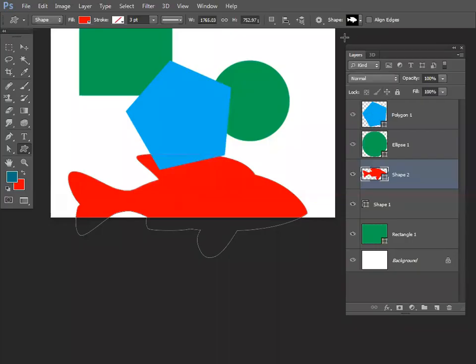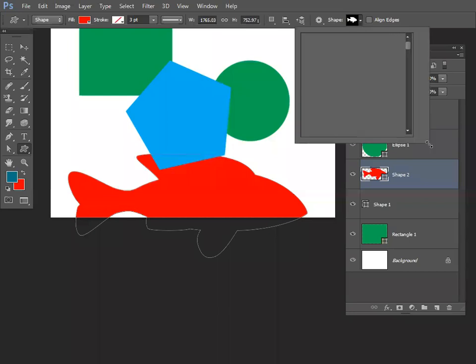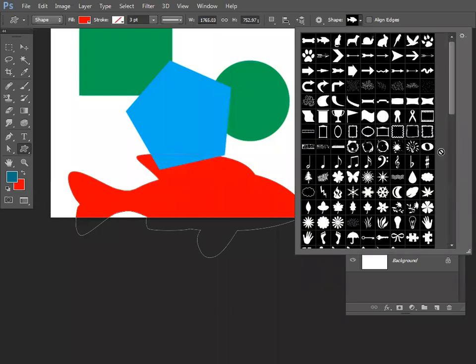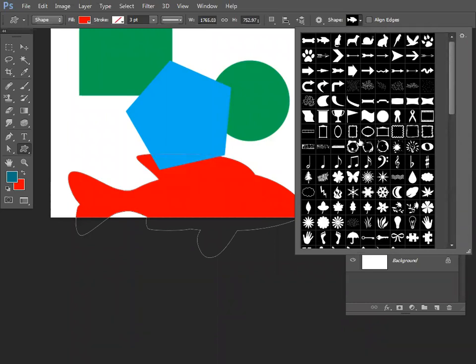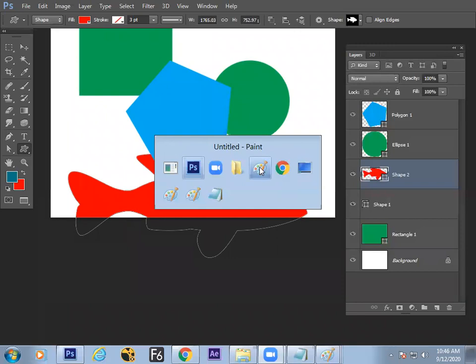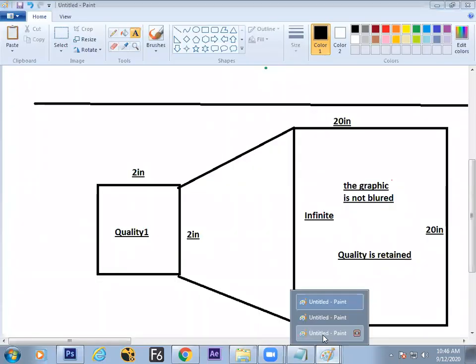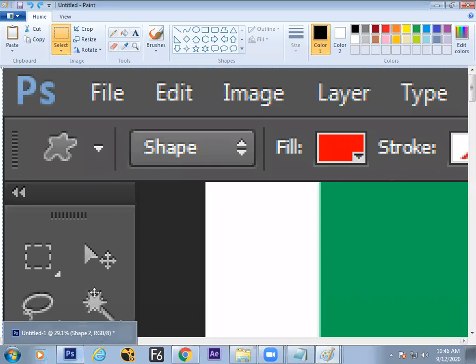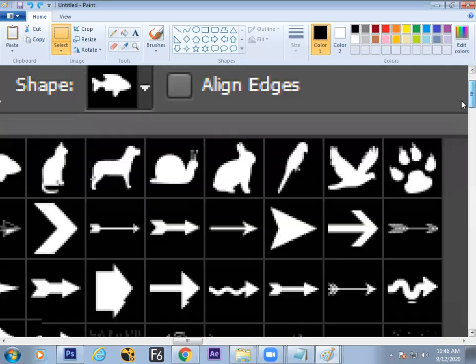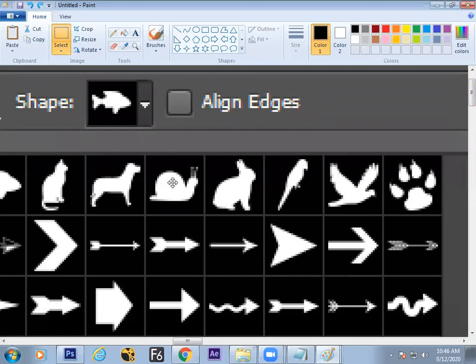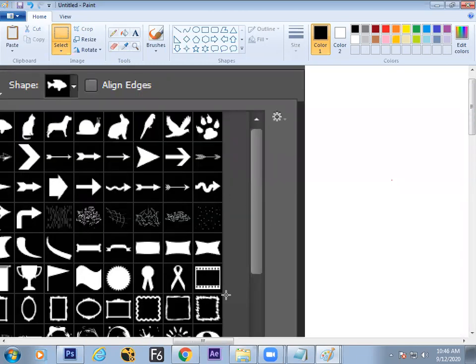See what happens when I click here and just try to adjust this box. We have a variety of shapes. Photoshop already has these shapes. Any Photoshop has these shapes. It comes with the installation. So inside the shapes, we have a variety of shape examples. So these are the different shapes.